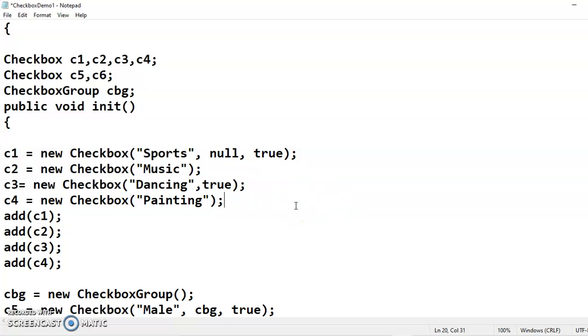So when the applet loads, sports will be ticked, dancing will be ticked. These both will be ticked by default. Now 4 checkboxes are created regarding hobby. So I'll add all these checkboxes on the applet by using the method add: add C1, add C2, add C3 and add C4.